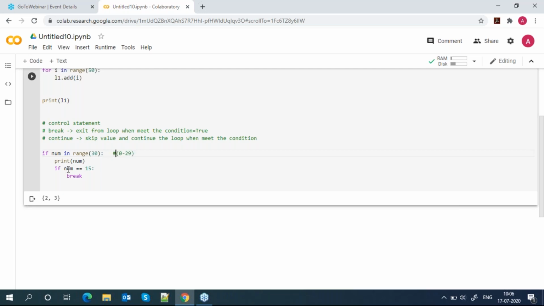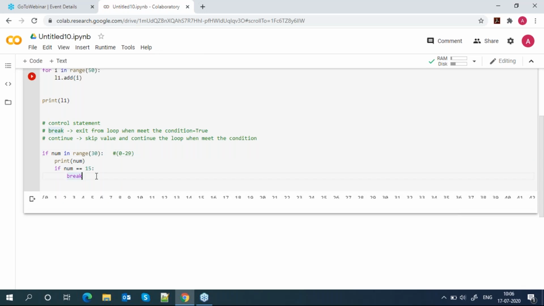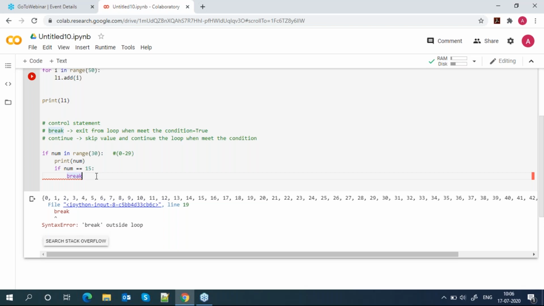Then I give here if num equal to 15. If my num is equal to 15, whenever it matches this value, break means exit from the loop. Your loop will not go further, it will exit. Let's check. Break outside loop.